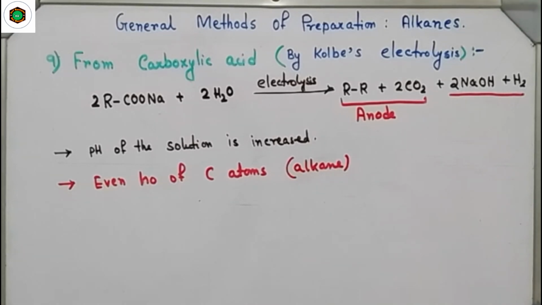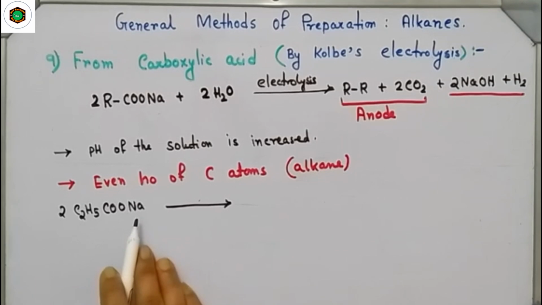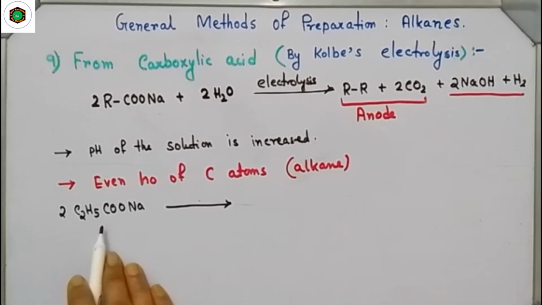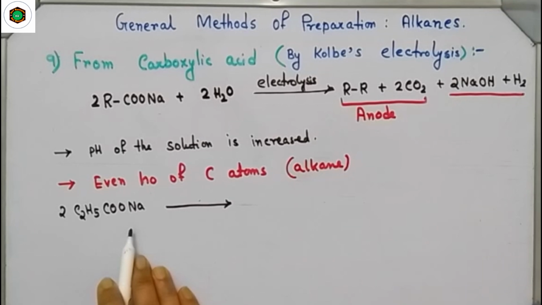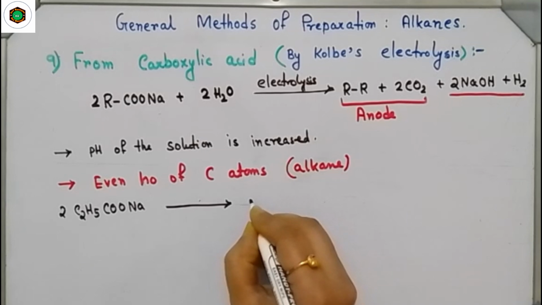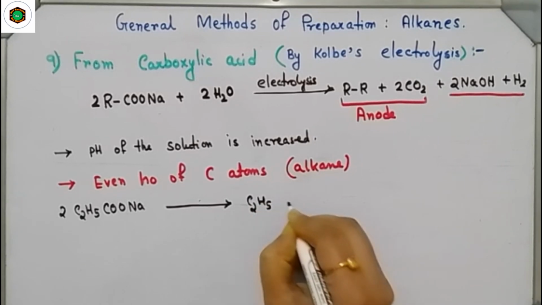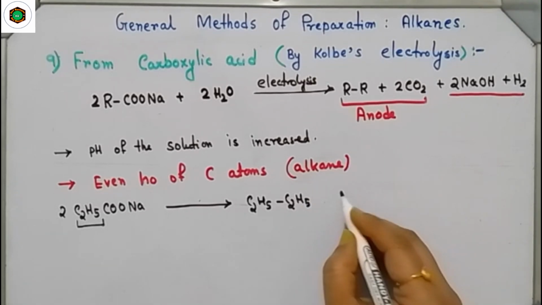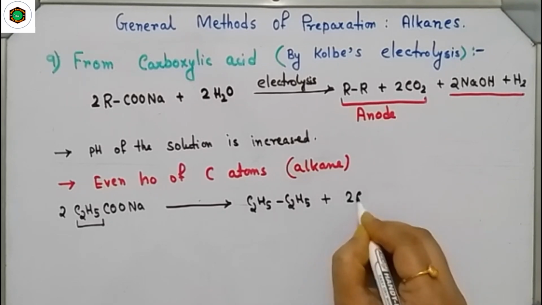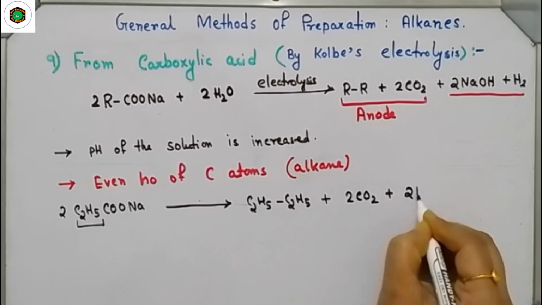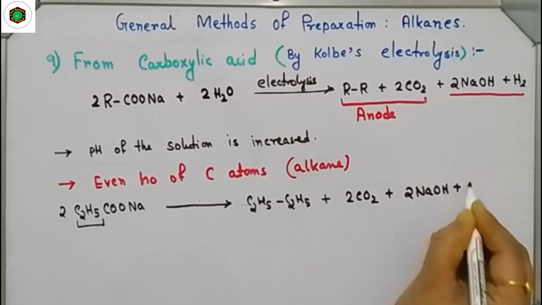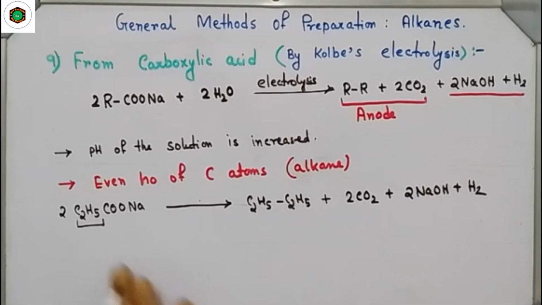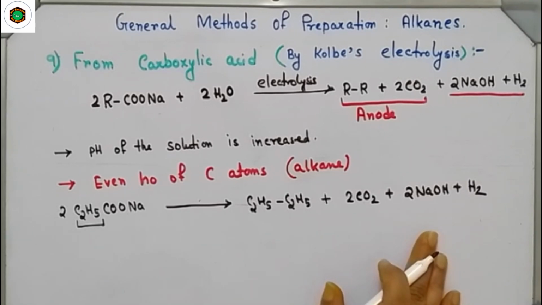Now for example, if we have the sodium salt of C2H5COOH, propanoic acid, that is sodium propanoate, what will we get? We will get this alkane. Just double this part. We will get this alkane plus carbon dioxide plus NaOH and hydrogen gas. By this method we will also get